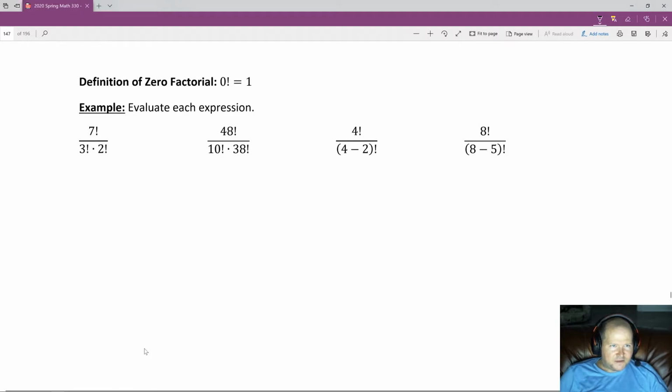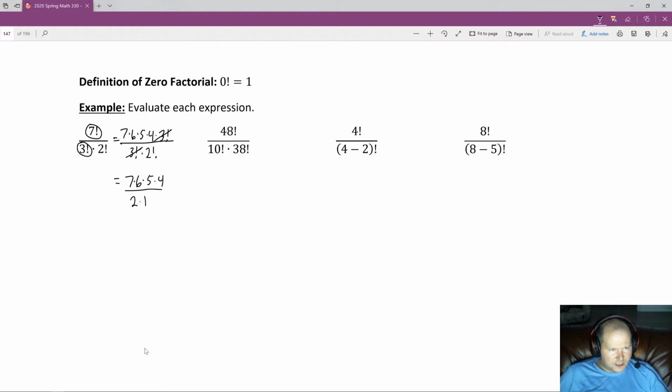Now we have to remember the definition of 0 factorial is just 1. So we're going to evaluate each expression. So we have 7 factorial over 3 factorial times 2 factorial. Okay. Now I'm going to expand the 7 factorial until it will cancel out with the larger of these denominator factorials, which in this case would be the 3 factorial. So we have 7 times 6 times 5 times 4 times 3 factorial over 3 factorial times 2 factorial. Now the 3 factorials cancel out, leaving me 7 times 6 times 5 times 4 all over 2 factorial,